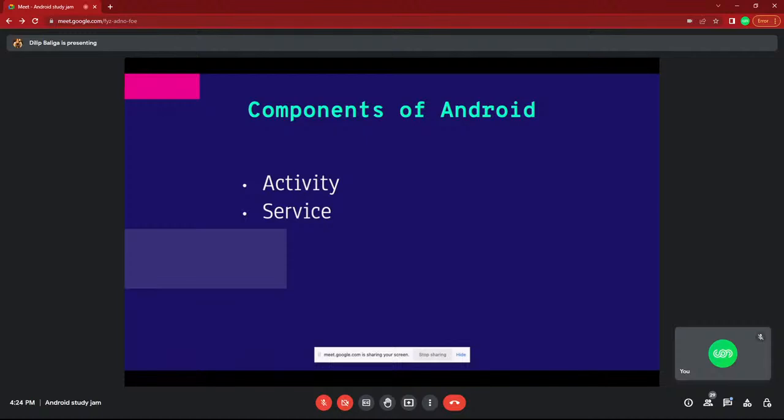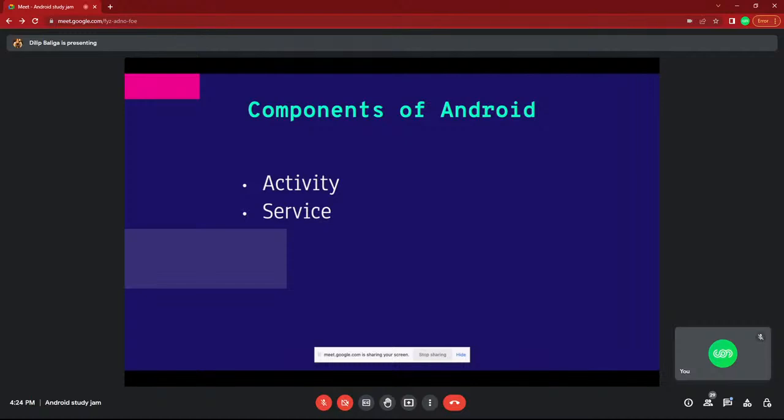What is the use of service, you can ask. A service runs certain tasks, but only in the background.